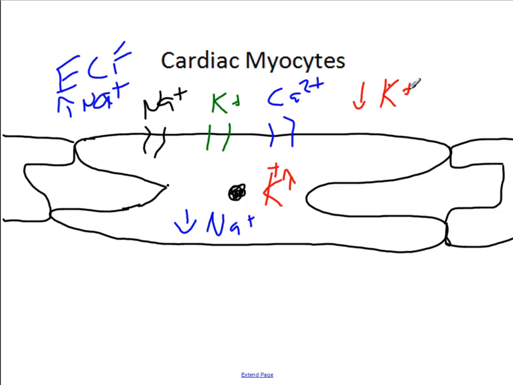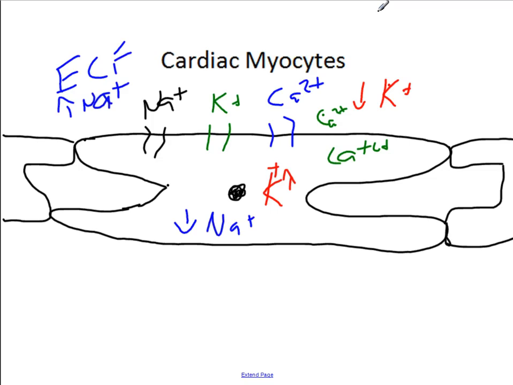All right, and then with calcium, there's not a whole lot of calcium on the inside, and there's a little bit of calcium on the outside, but again, just enough to make the extracellular concentration higher than the intracellular. All right, we're talking free calcium ions here, because you have to remember that